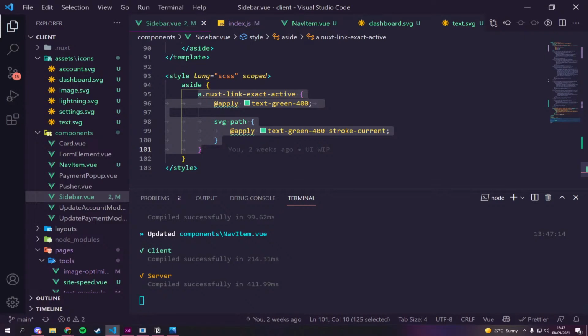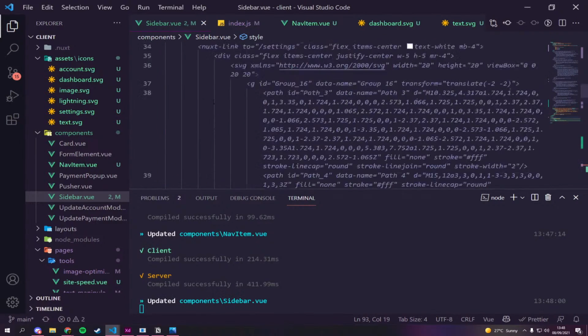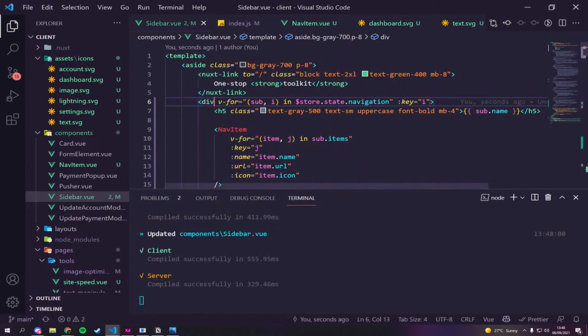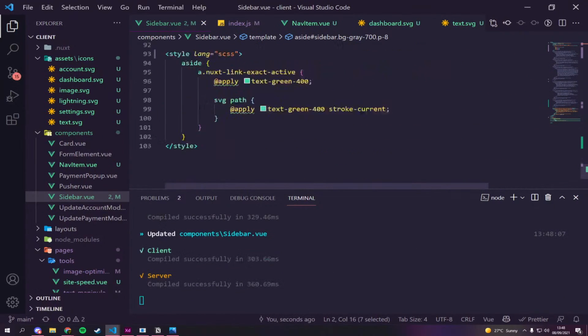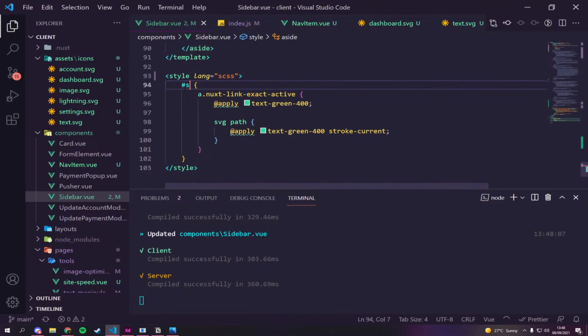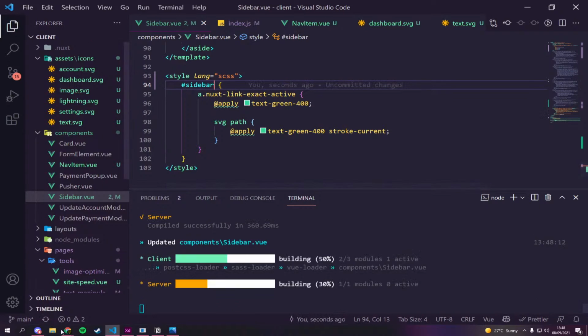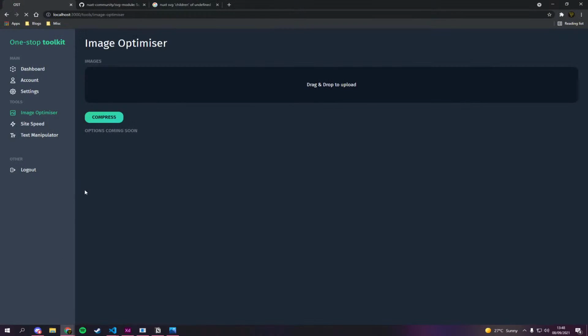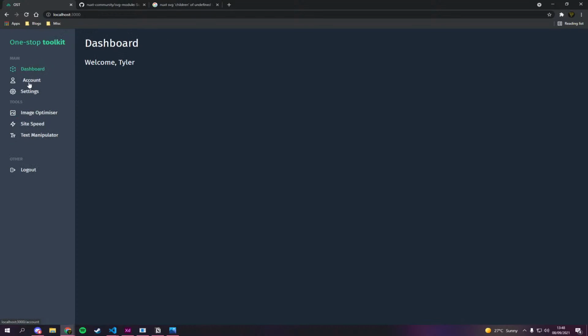Copy. Wait, if we just unscope this and give this a class aside, let's just target this with a little ID, call it Sidebar, copy that, go down here, just go hashtag Sidebar. There we go, that's working again.